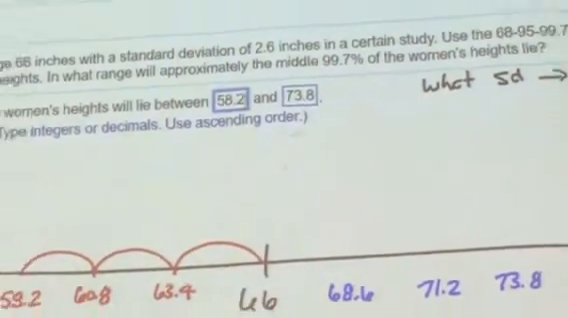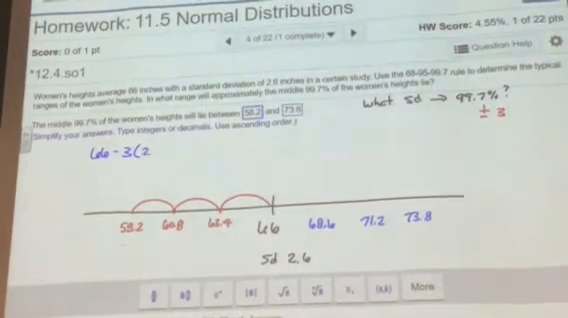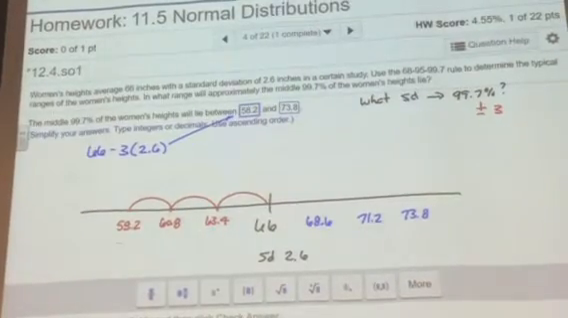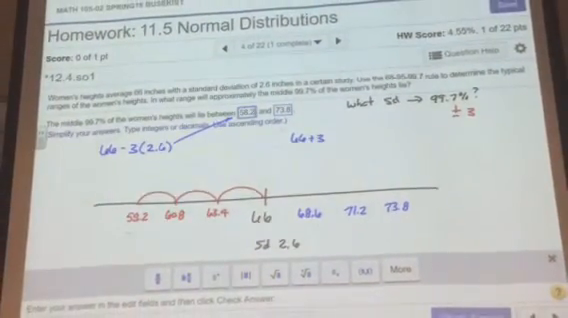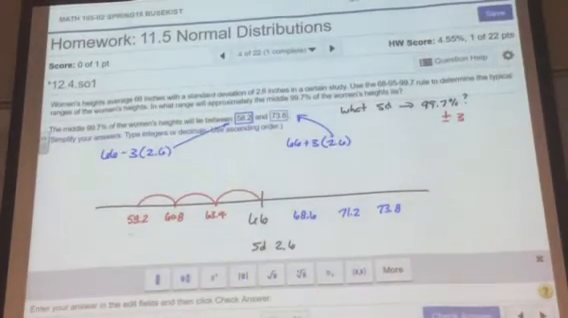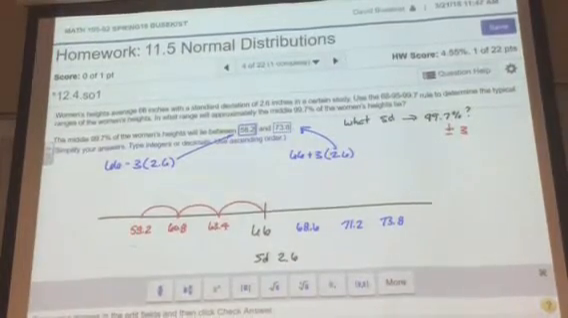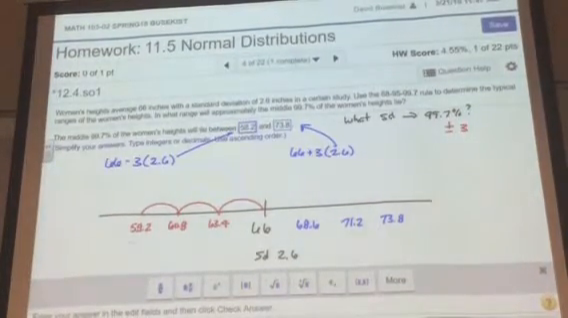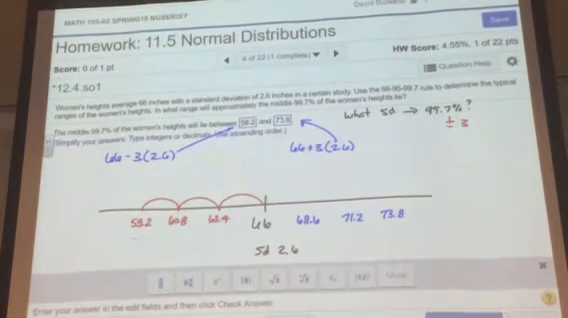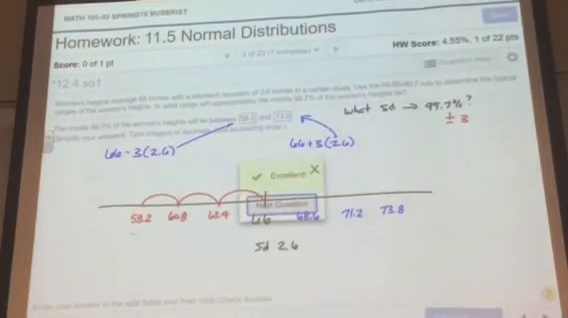Or you're going to do 66 minus 3 groups of 2.6 to get there. Or you're going to do 66 plus 3 groups of 2.6 to get there. I don't know what you're going to do, but I, by golly, am going to be pretty certain you should be able to get to the right answer. Now, assuming my arithmetic was good today because I did not use a calculator on any of this nonsense, those values better be the right answer. So obviously my arithmetic